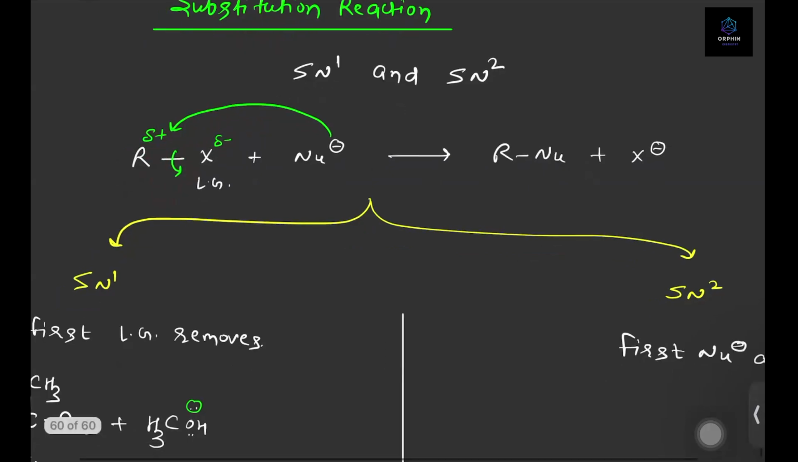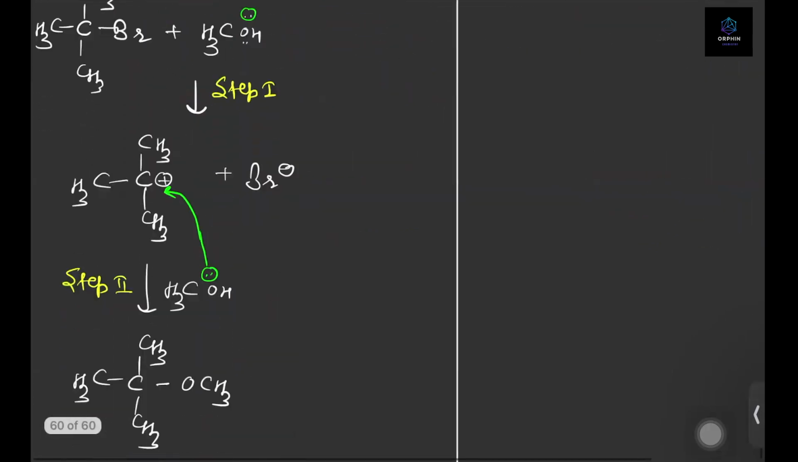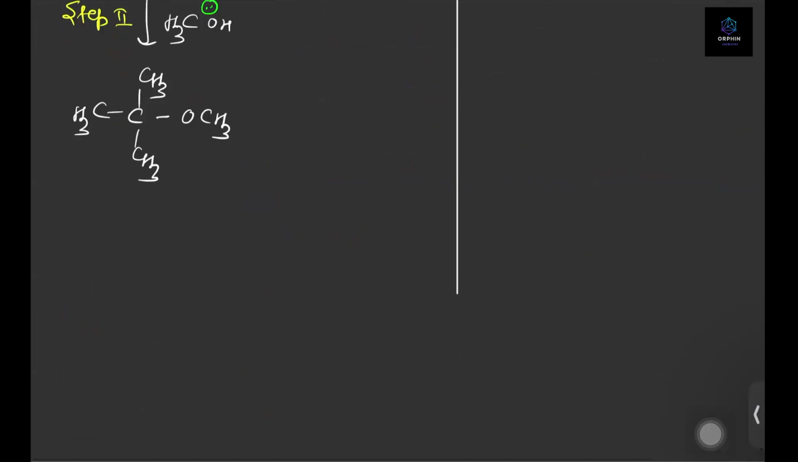Okay, so among 3 degree, 2 degree and 1 degree, on which carbon can we say the carbocation is more stable? We can say on the 3 degree one, right? Because the 3 degree carbon will be having a plus I effect from 3 sides. That is why it is having